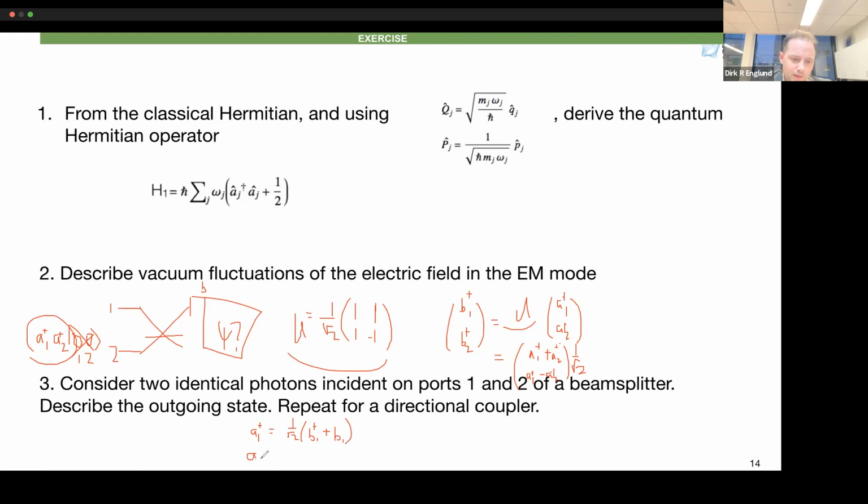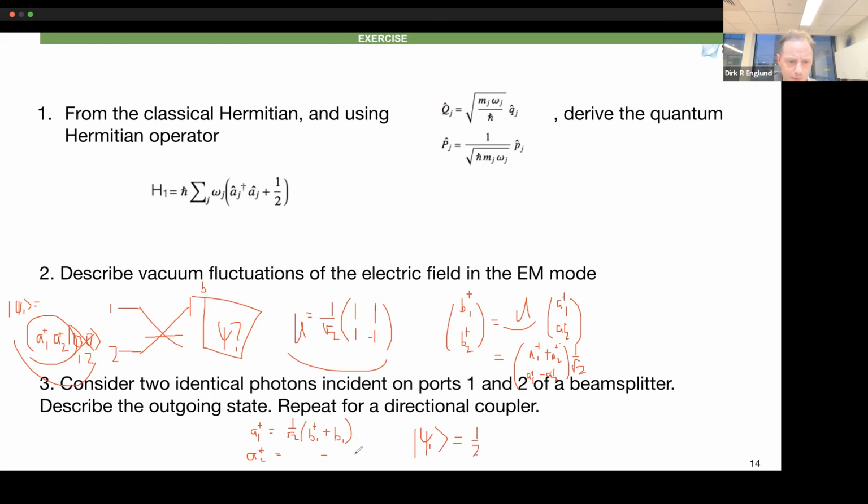And A2 dagger is this, like the same thing with a minus sign. Okay, so now our state, psi, our initial state, rewritten, is A1 dagger times A2 dagger on the vacuum. Okay, so the output state here is